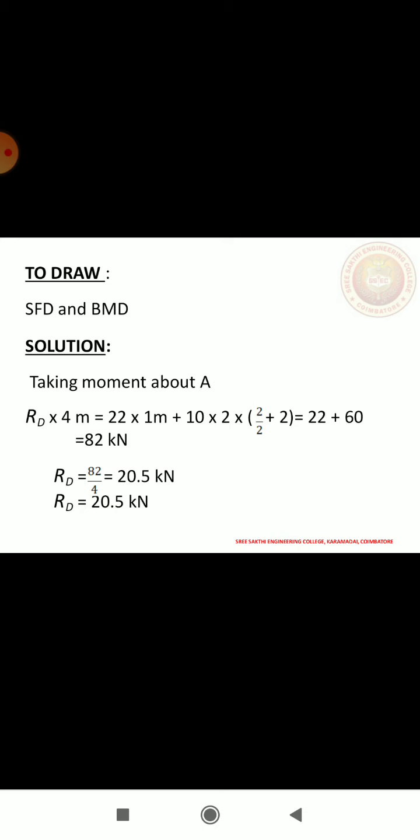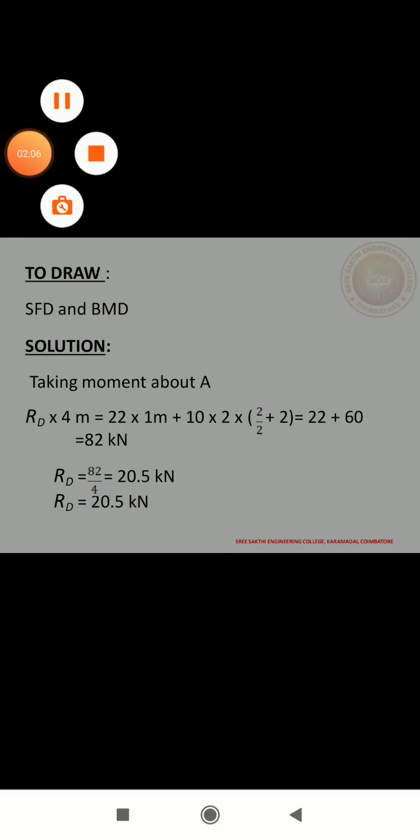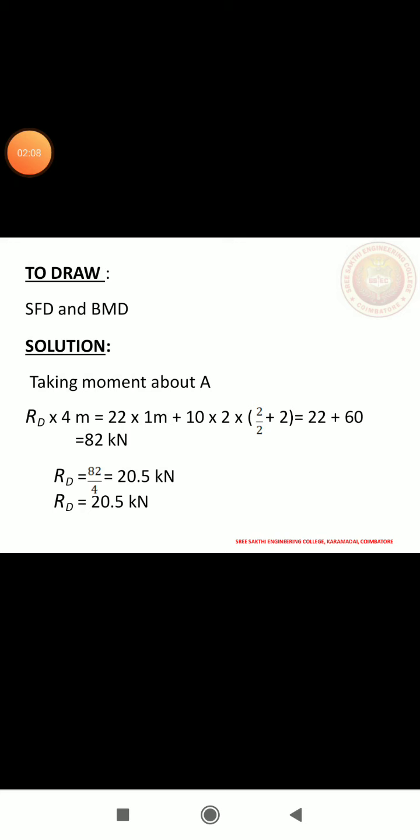In this problem we have to construct the shear force and bending moment diagram. Before calculating the shear force values and bending moment values, we have to calculate the reactions at both ends, that is the support reactions RA and RD. For that we have to take the moment about A, that is RD into the total length of the beam, that is RD into 4 meter